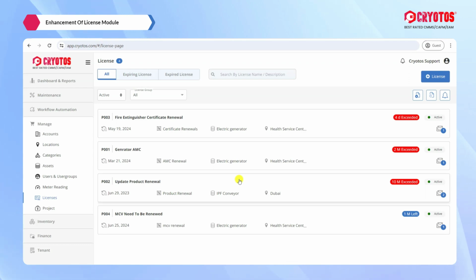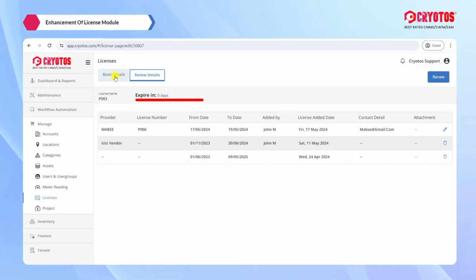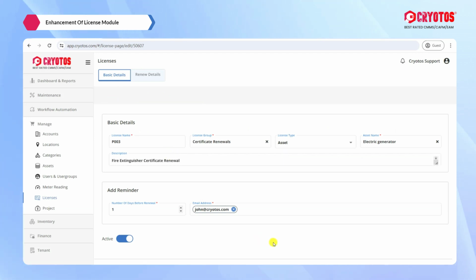Latest enhancement of license module. Earlier, you could create the licenses one by one. So now we have provided an option to import the licenses in a bulk upload. Also, in this license module creation, we have included the different options of